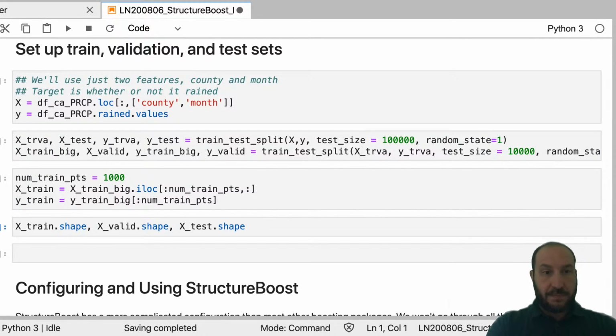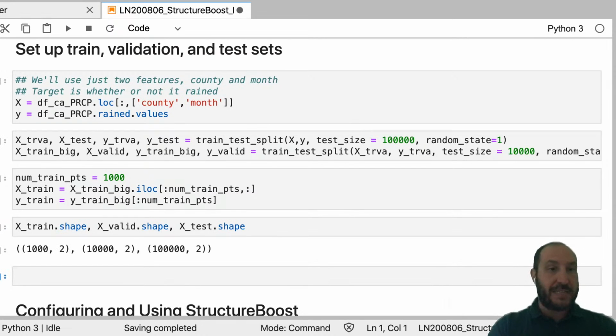And all I'm doing is making a training set of 1,000 points, a validation set of 10,000 points, and a test set of 100,000 points. To explain how I'll be using these, the 1,000 points is what we're really going to learn from. The 10,000 point validation set is just to let us know when to stop our boosting so that we can